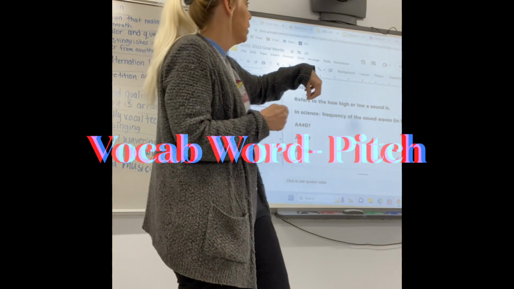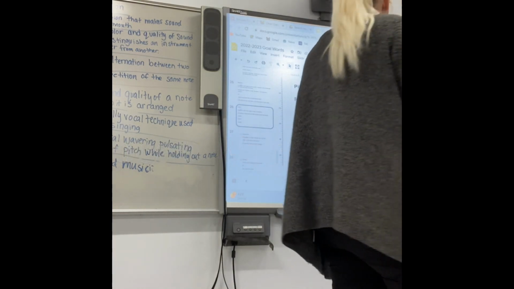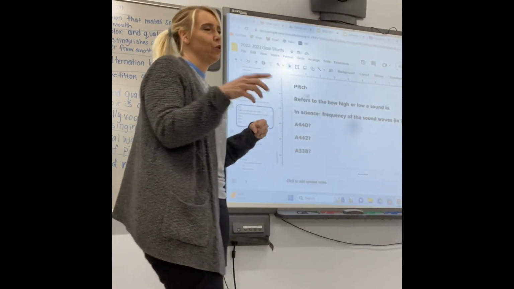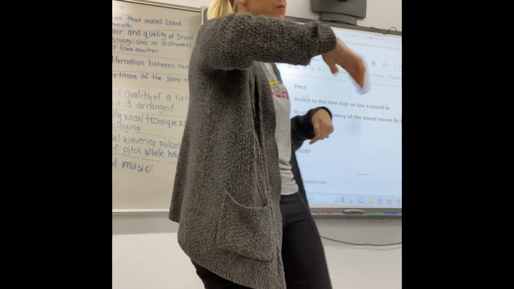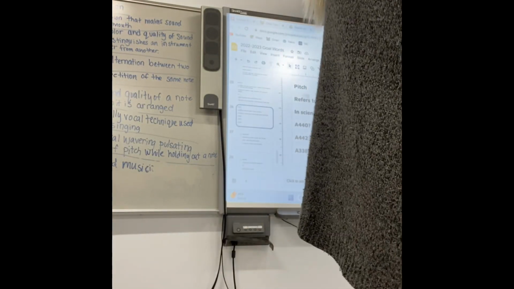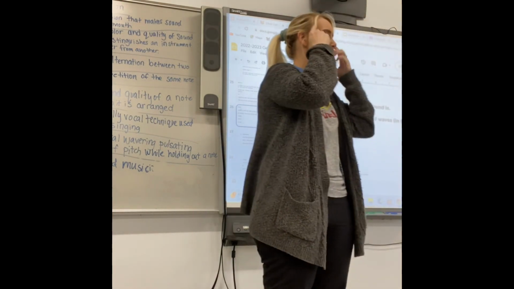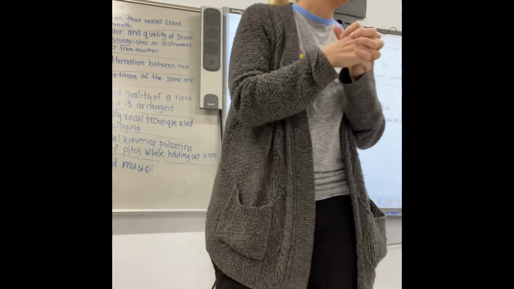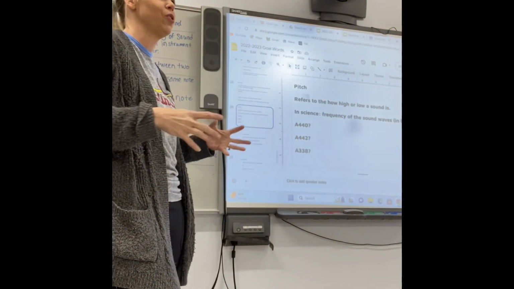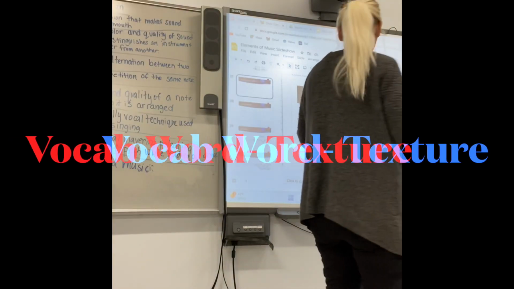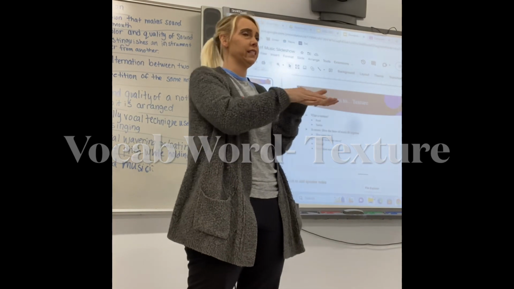Pitch. A pitch refers to how high or how low the sound is. So a symbol you might draw for that maybe is an up arrow, or a down arrow. It's funny, because I promise you, when you get ready to take your semester test, it will help you see these little symbols in your head. Because after a while, sometimes the vocab for music will all run together and they all seem the same.